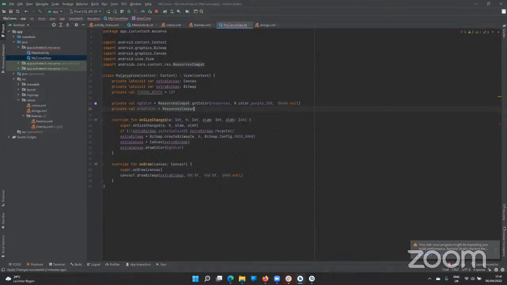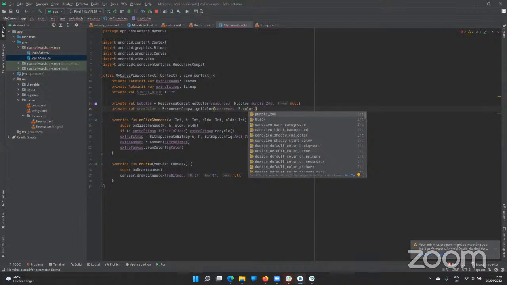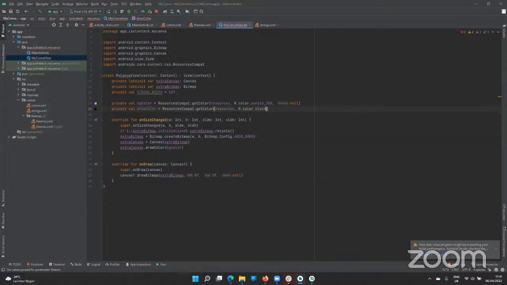Sources compact dot get file. Then pass my resources, and add color. Well, let's just use a black, to still stand out. And then we'll pass in now for the theme to still stand out. Okay, so now it's time to